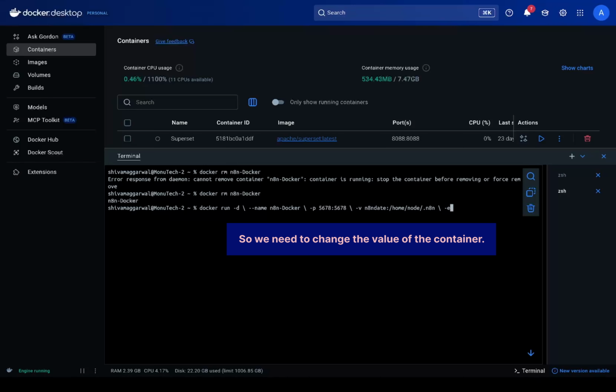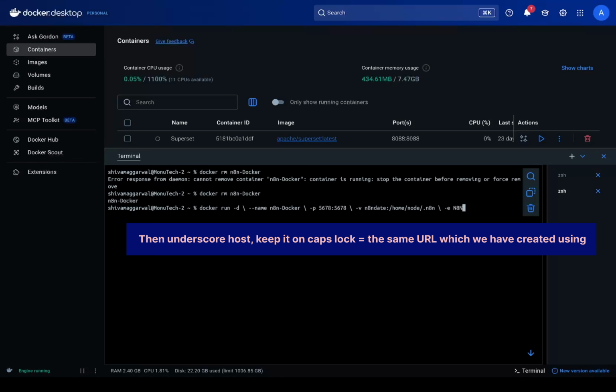I would not say minus, it is a hyphen e. Then N8N_HOST, keep it on caps lock, equal to